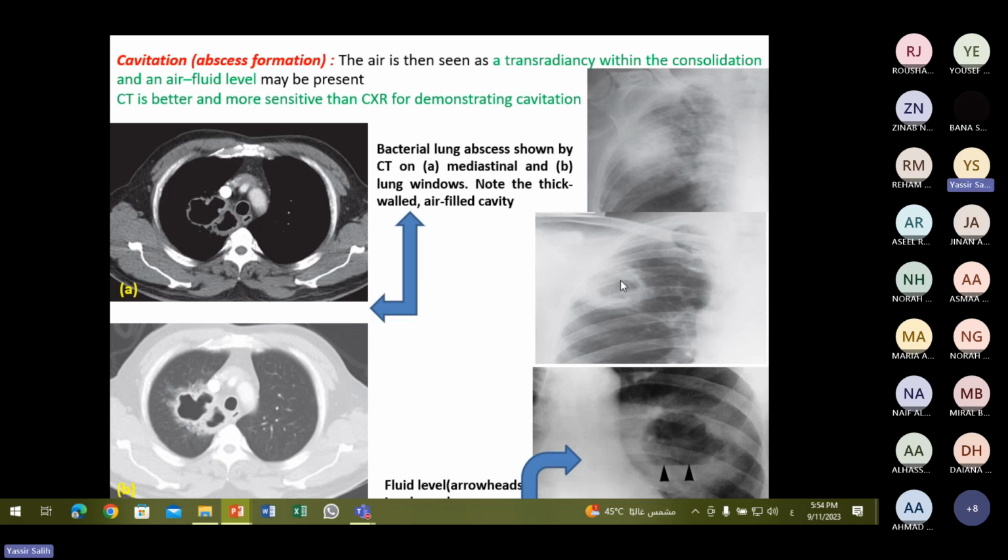You can see الساين دي، عندك air above and fluid below: air fluid level. This is air fluid level, إذن this is the cavitary lesion in the lung formed